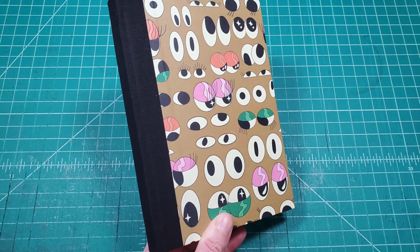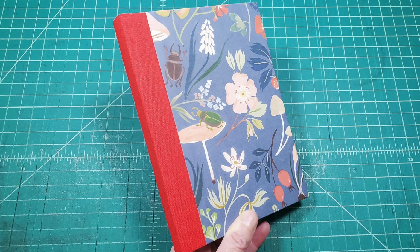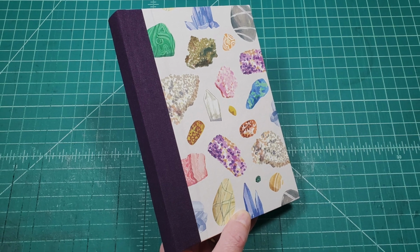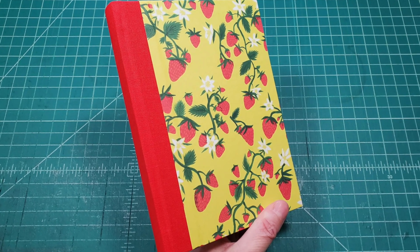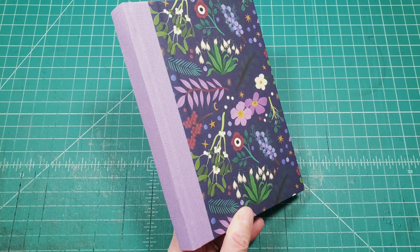Now you can see I change it up completely and start making some case journals. It is going to be holiday time before I know it, and I'm trying to build in some time of making journals to stay on top of things. You'll see a couple more journals here that are in the same style, and then we move into my custom